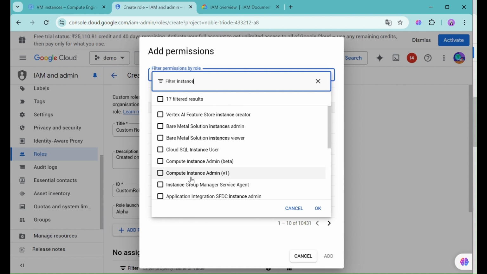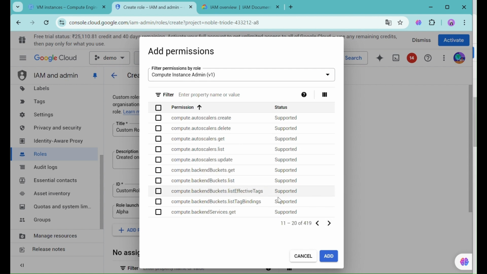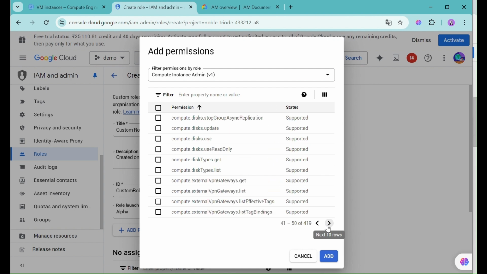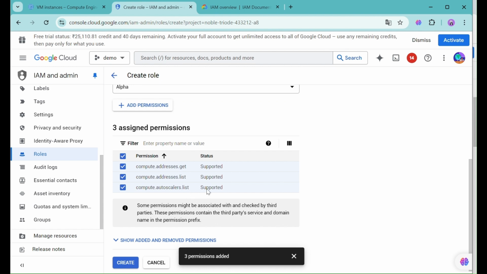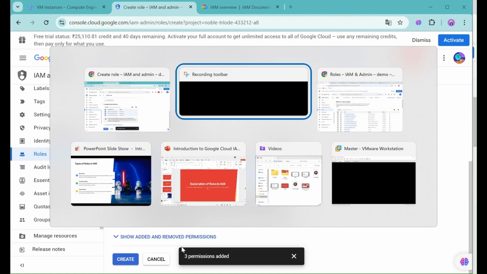I'm looking at the instance, wanted to list it. From this, you click on it and there are so many permissions. Okay, in this, I don't want this many permissions for the user. I only want compute address list, compute instance list, and scalar list. From that, you choose the things required for them in order to view that information. You can create that and then add. Once you add, three permissions are added, right? Like this, you can add as many permissions as you want, and also you can refer to the